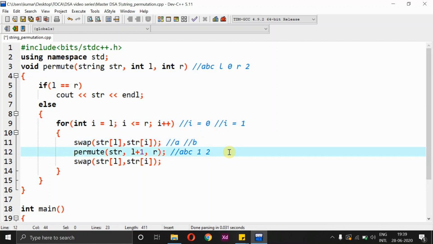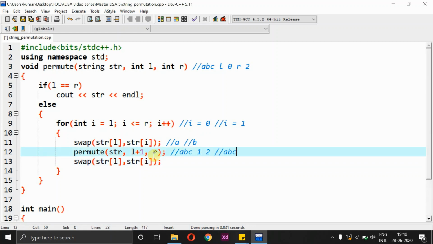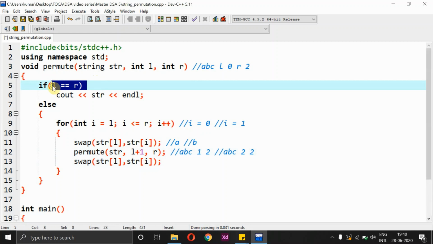After this, again I'll call the same permute method. Now I'll be passing ABC and 2 comma 2, because L plus 1 will be modified as 2, right? So now when I come back here, L and R will be same, so you'll be printing the str value, where str will now be equivalent to ABC.